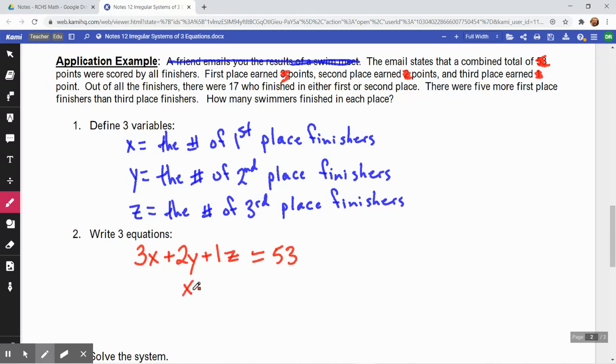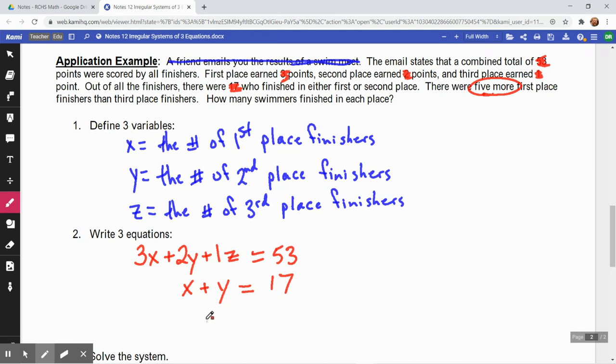So that is x plus y equals, and in total there were 17 that were in that category of first and second. And we are now finished with this. One more equation coming from our next sentence that says there were 5 more first place finishers than third place. And realize that means there were more people in first place than in third. So when you think of this 5 more, and you know that means to add 5, be careful where you